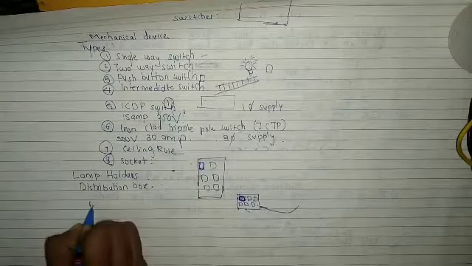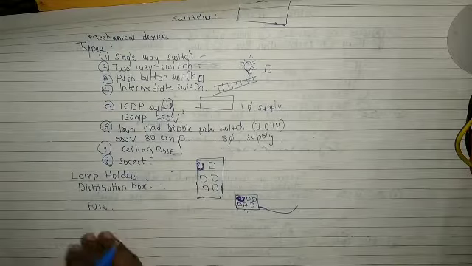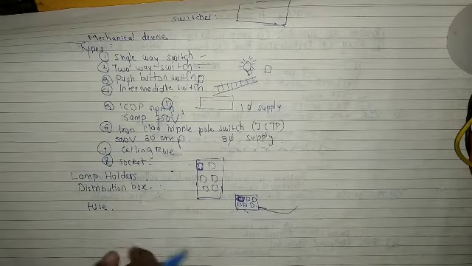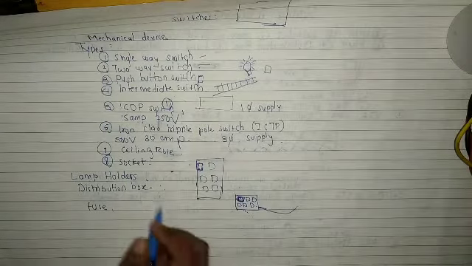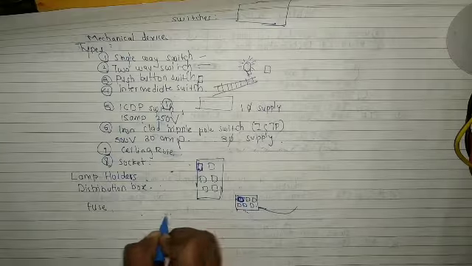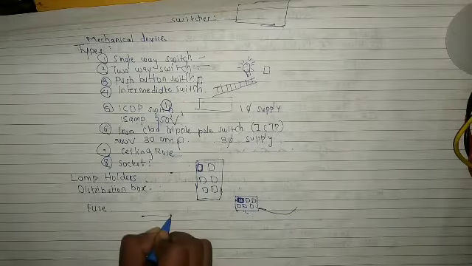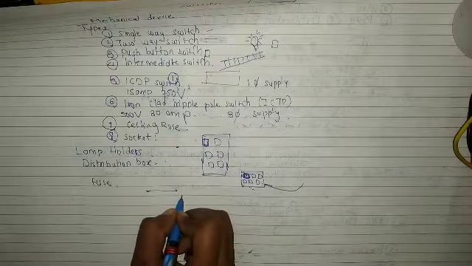Moving to the fuses. So we have seen the fuse in the last chapter. So what is a fuse? A fuse is basically used for protection. It has one fusing element, that is the fusing wire. This fuse wire melts whenever overcurrent flows through it, right?